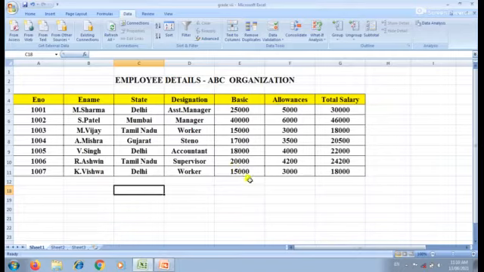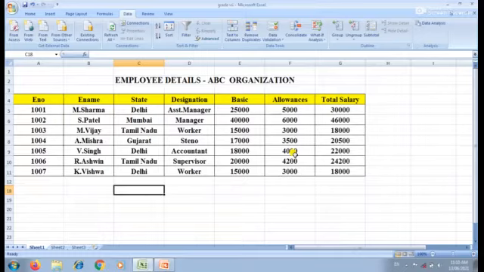Basic and allowances. I'm going to apply the criteria in the basic column and the allowances column. What I'm going to do is display the details of employees who are getting a basic above or equal to 20,000 and allowances above or equal to 4,000.